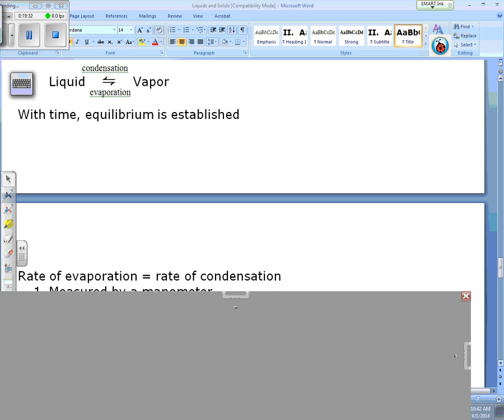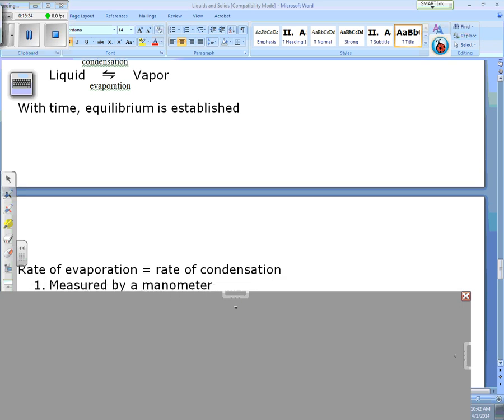Now, vapor pressure is measured by a manometer. Okay, it's a manometer. Now that measures specifically vapor pressure, and it's kind of a U-shaped tube, and we deal